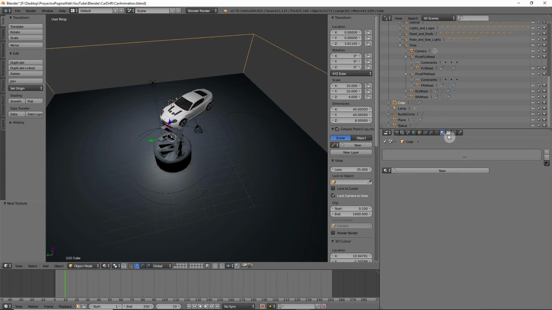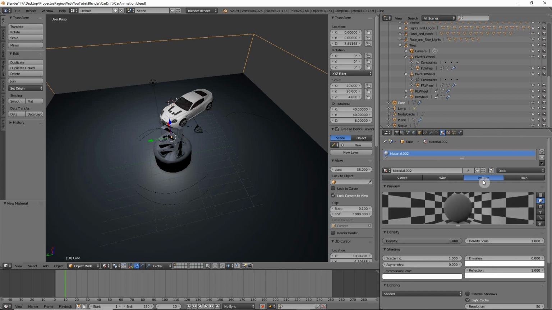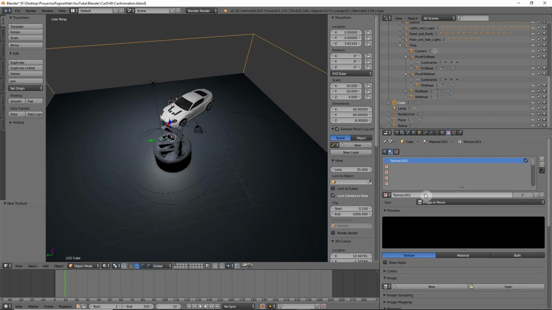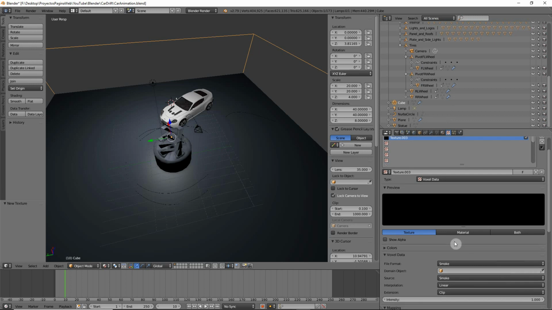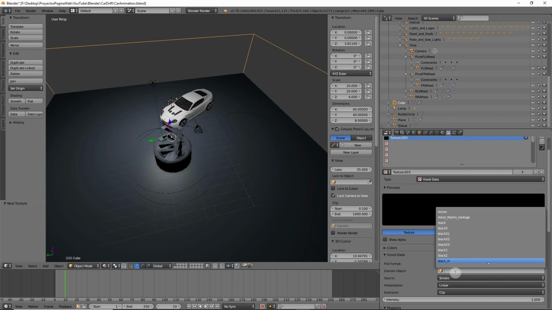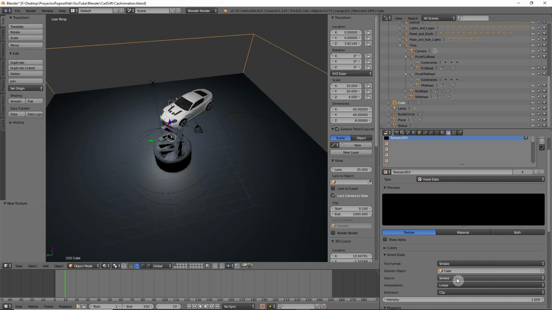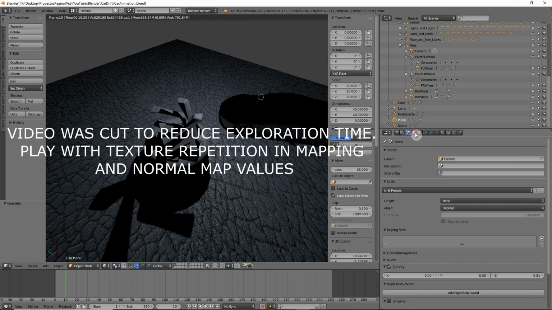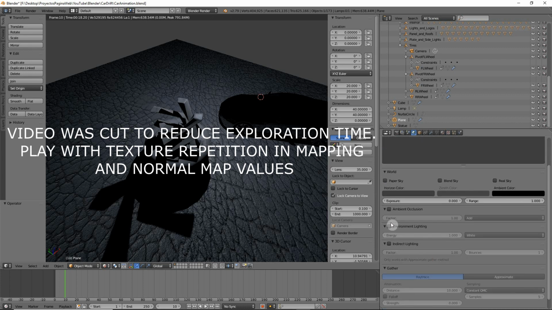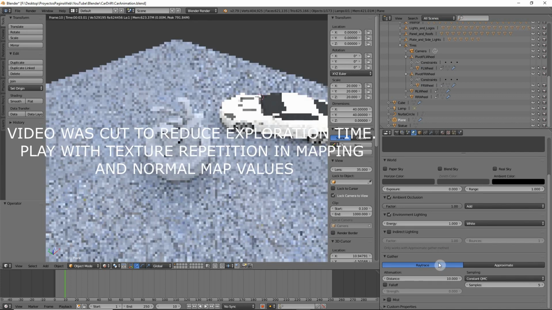Cube is going to have also a material. We're going to limited volume, density is going to be 0. Then we're adding the texture. Texture is the kind of voxel data, and main is the cube. Then instead of emission color we're going to select density, and let's add also some more lighting to the wall, manual lighting, ambient occlusion, and for now that's going to be it.